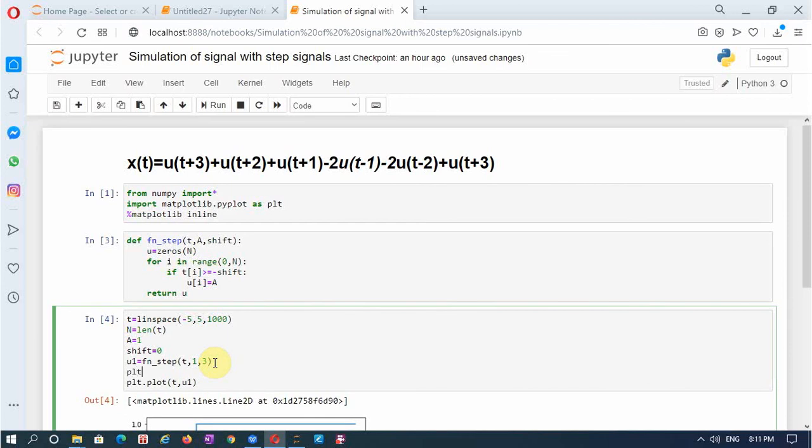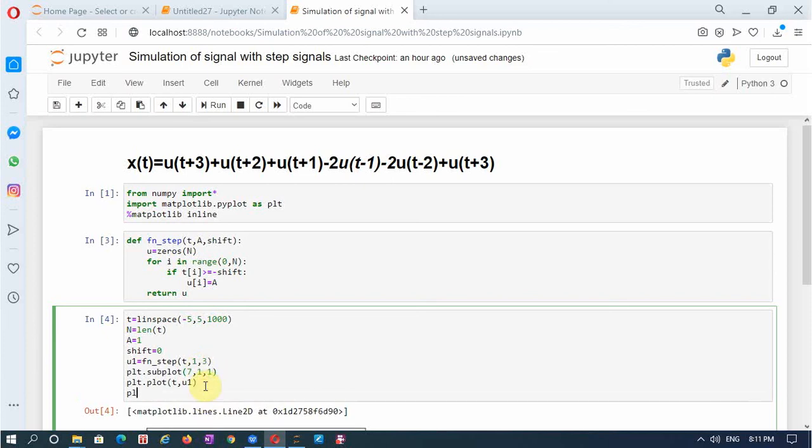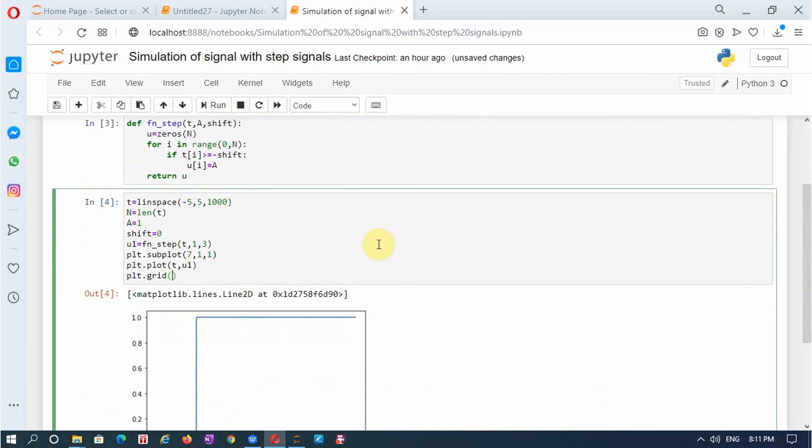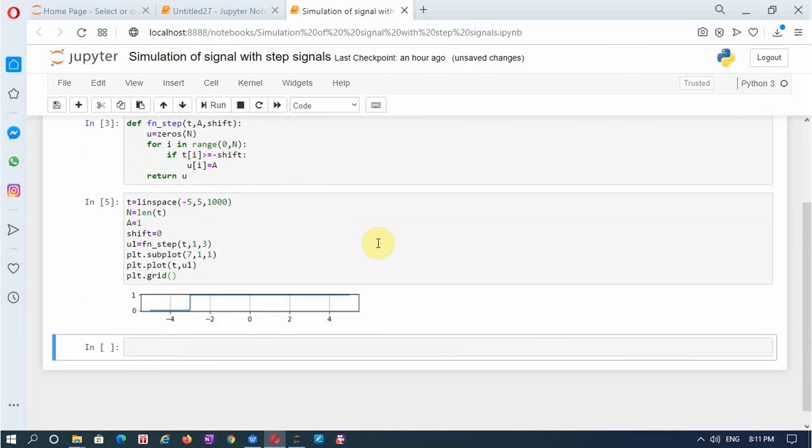So I'll make a subplot statement, subplot 7 comma 1 comma, and I'll plot u1 in the first place, and let me also include grid. Okay, so this is our first one. Now you see it has become very small because it has to accommodate 7